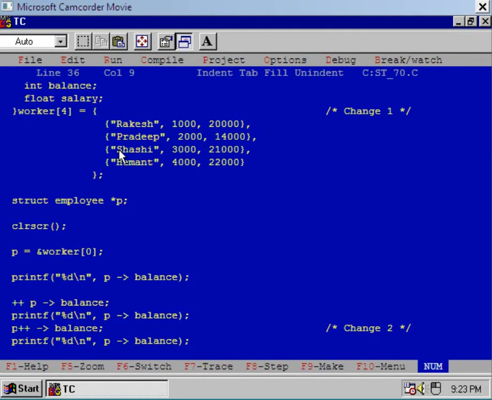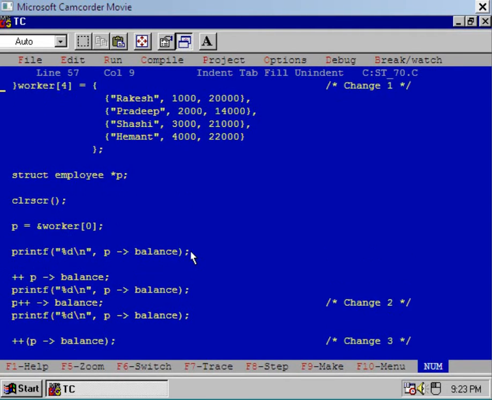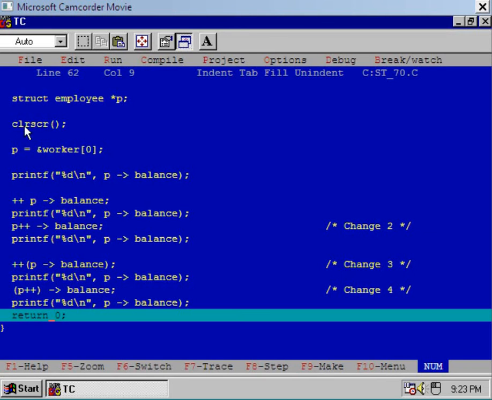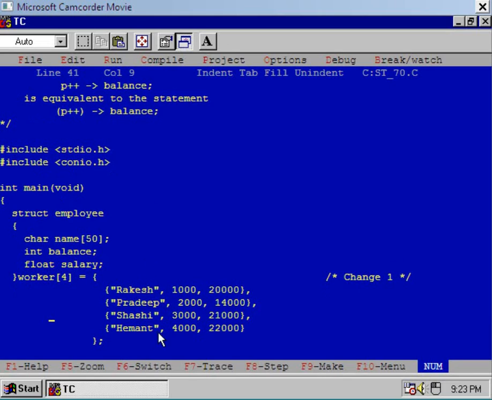If you increment p, then p will point to the third element of the array, that is worker 2, and that is why 3000 should be displayed. Okay, let us see the output. Execute this statement. Yes, the content of the second member of the third element of the array is displayed. I mean, balance field of worker 2 is displayed over here.